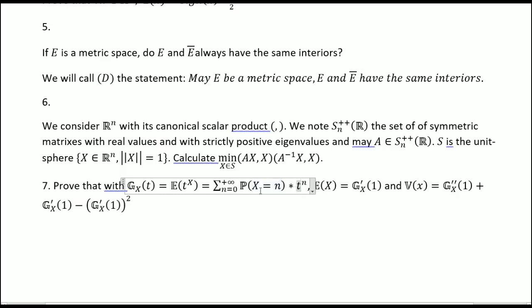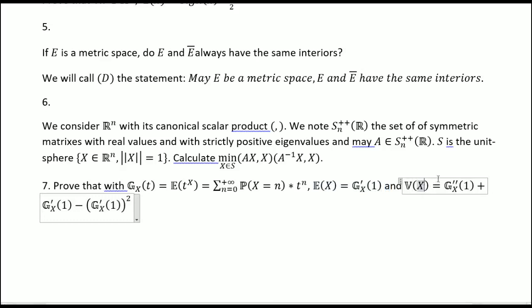So we'll take each of the integer values and take its probability, then multiply it by t to the power n. So the goal will be to prove this formula here, that the expectation of x is equal to g prime of x in 1, and then that the variance of x